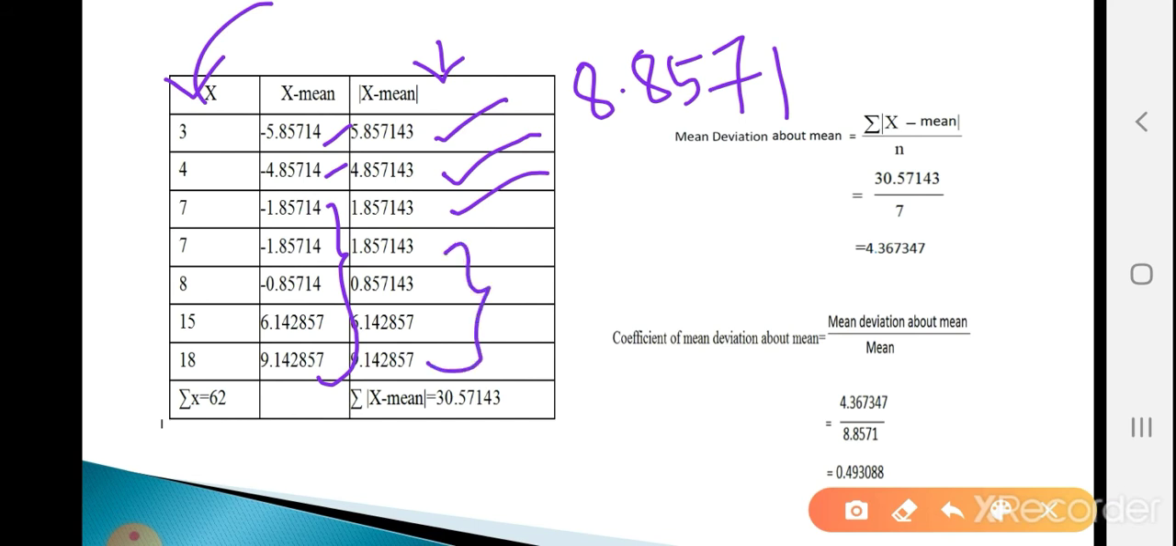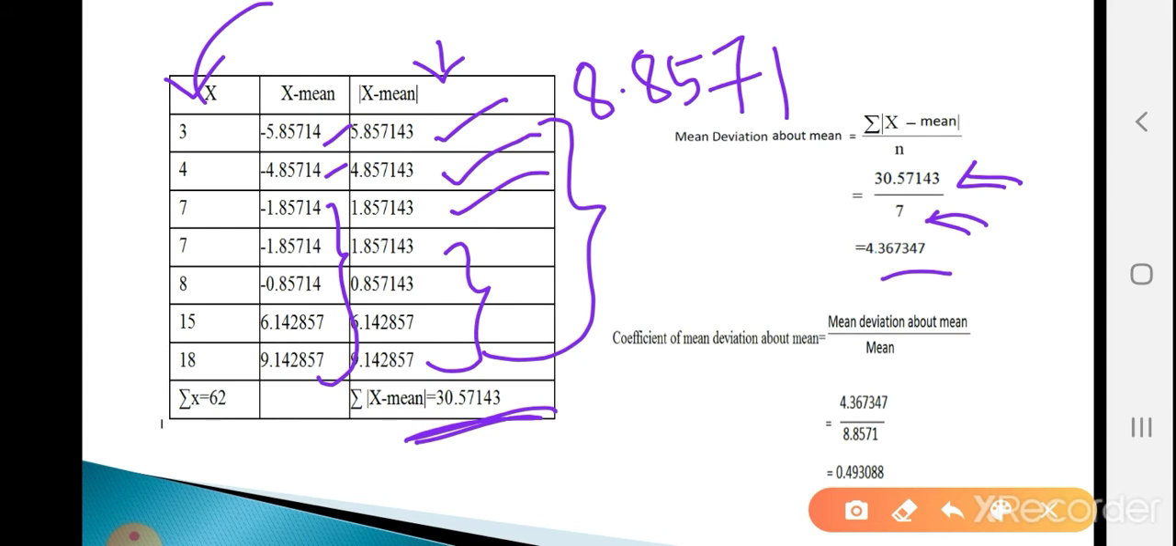We need the sum of the column of mod of x minus mean. So, take the total of the last column. Here the total, that is the sum of the column of mod of x minus mean, is 30.57143. Now, just plug the value of summation mod of x minus mean and small n in the formula. Here we are given 7 observations, so small n is 7 and summation mod of x minus mean is 30.57143. So, 30.57143 divided by 7 is